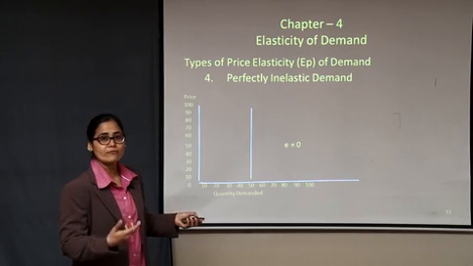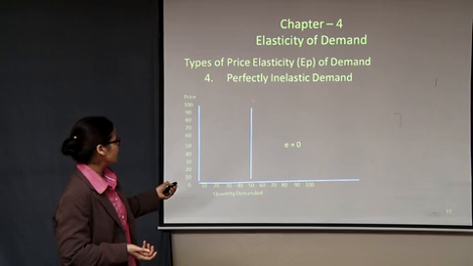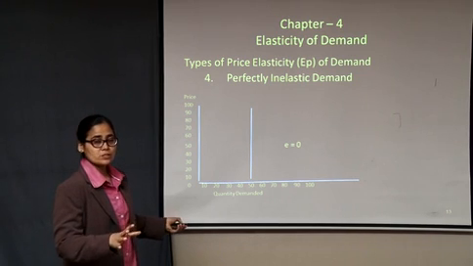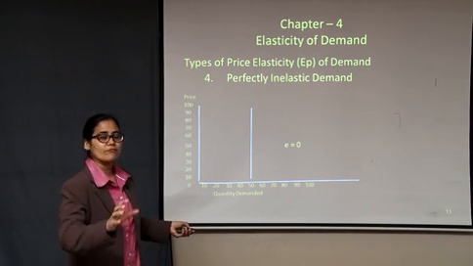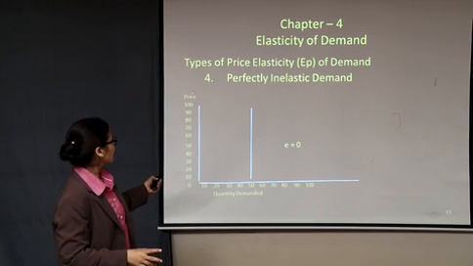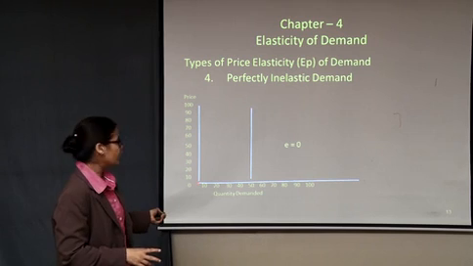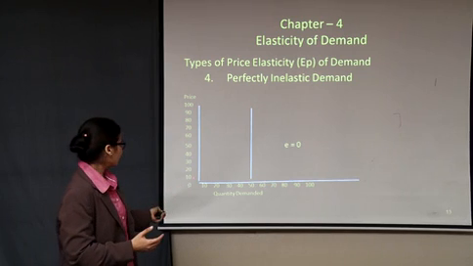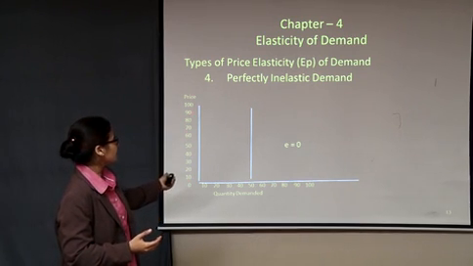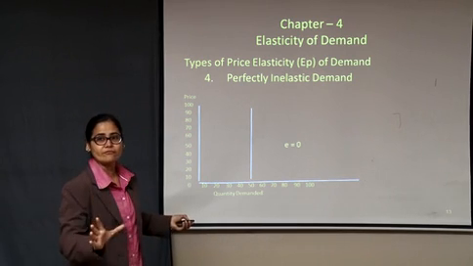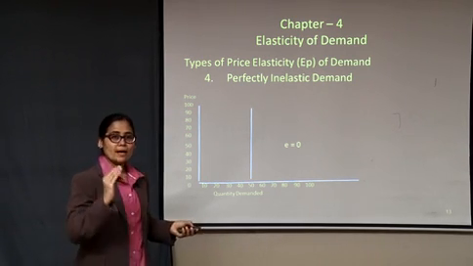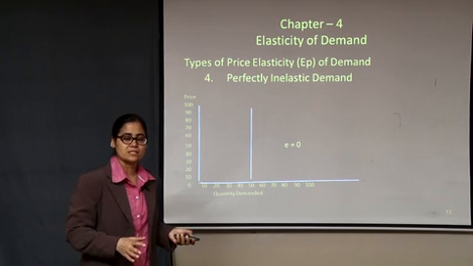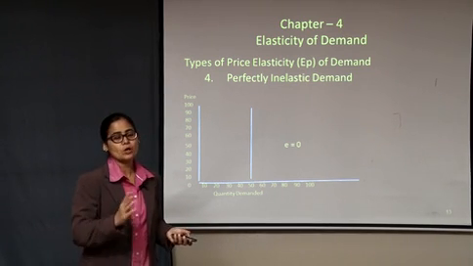How will be the diagram for perfectly inelastic demand? As you see, it's a vertical line. This vertical line is fixed at 50. So suppose for a given product, the market demand is 50 units. Then if you look at the y-axis, where we have numbered price starting from 0 till exceeding 100, whether the price is moving from 10 to 50 or 60 or 100, the quantity is fixed at 50. So this tells you that there is no change in the quantity demanded and it has to be classified as perfectly inelastic. Inelastic means rigid, not changing.